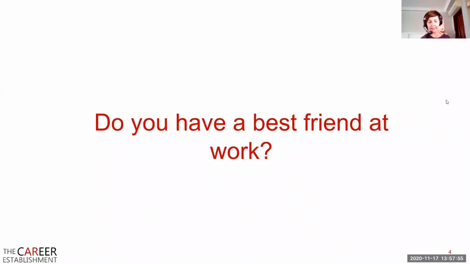What I love about it is it looks at whether the boss is giving them opportunities at work to learn and grow. Is there someone at work that's talked about their progress? Do their opinions count? And the one that I really, really love is: do you have a best friend at work? If one of your team members has a best friend at work, it does mean that you are happier, you're more loyal, you stay with that company. And I find that really fascinating.